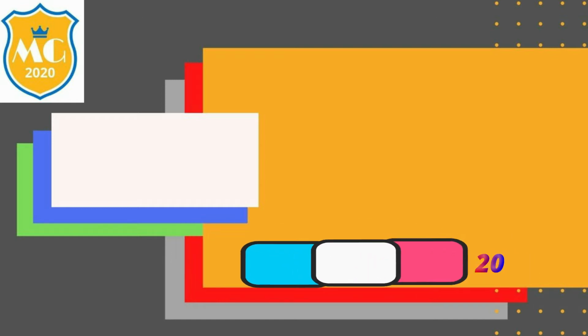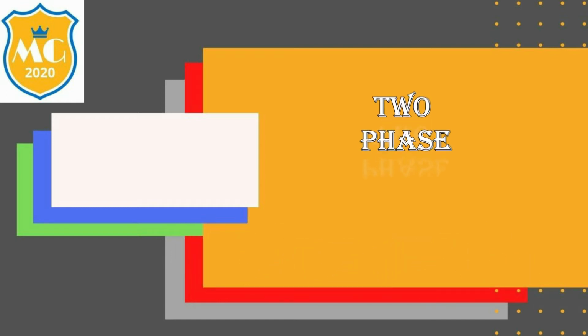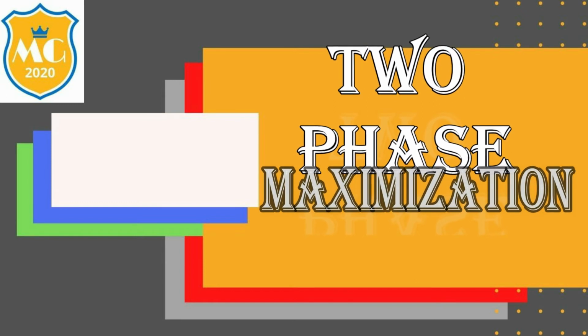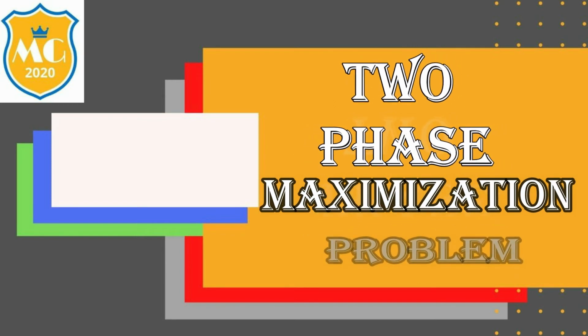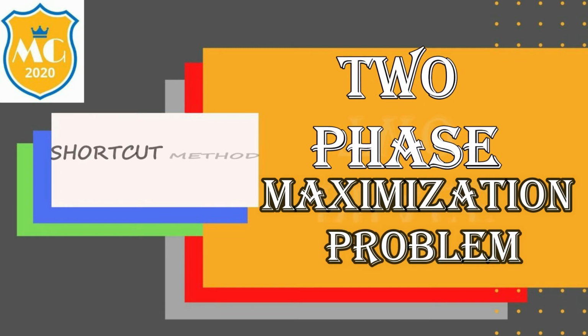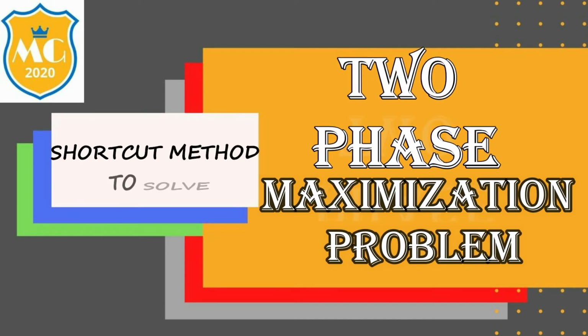In this video, I have covered the two-phase method with a maximization problem of linear programming. I am covering this topic in the easiest and simplest way, with some important tricks and techniques to find out the simplex tabular values. I am sure this video will help you understand how to find the optimal solution in less time.